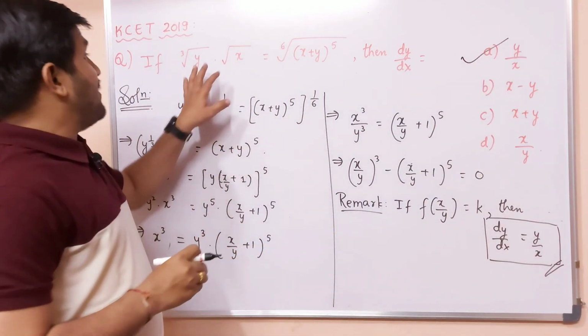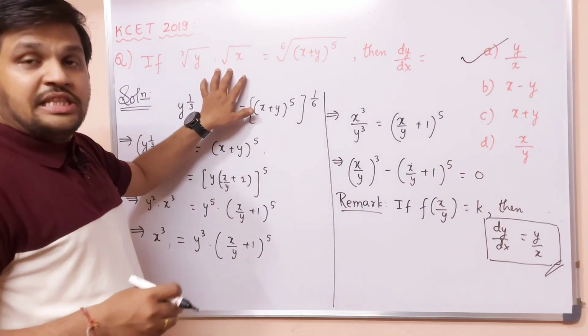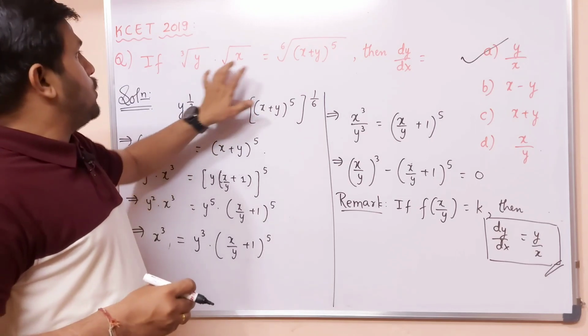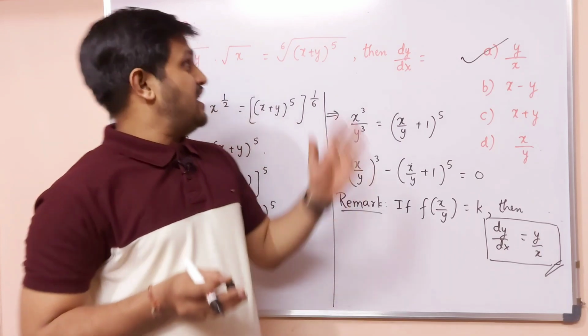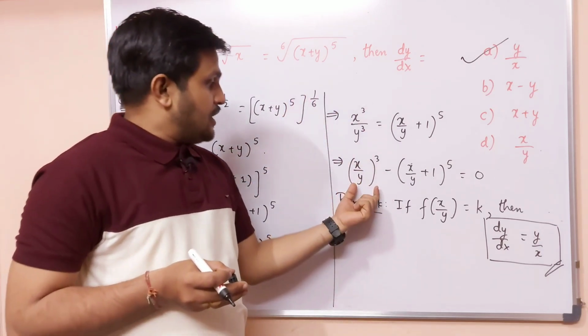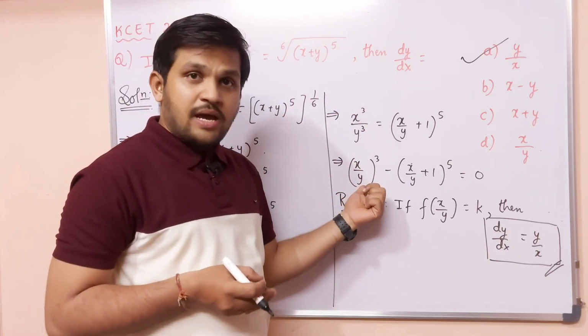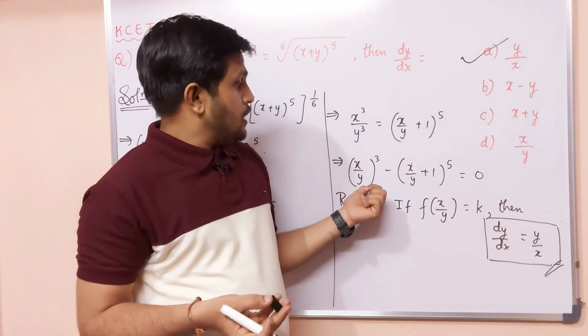Okay. So whenever you get an expression of these forms, with cube root, square root of x, first what you need to do, if it is in terms of x and y, is see whether you are able to write it in terms of x by y or y by x. You look at that.